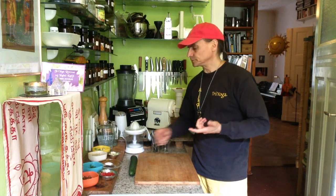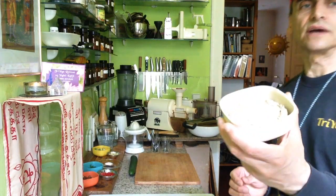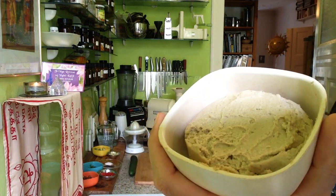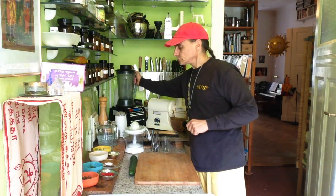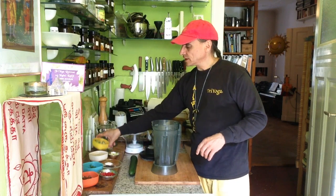And I have made this sesame cashew cheese with cashews and sesame seeds as a base, and then the probiotics and a little bit of salt afterwards. You can look that up in my videos. You will find that cheese, how to make it. And I use only a tablespoon or so to make the dressing